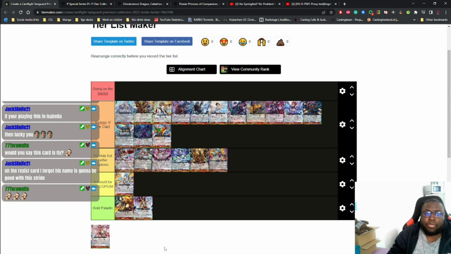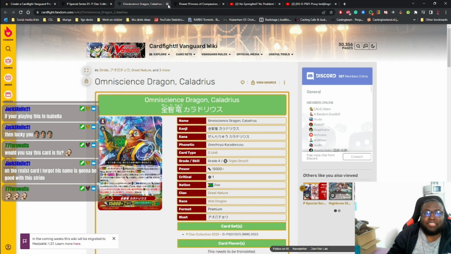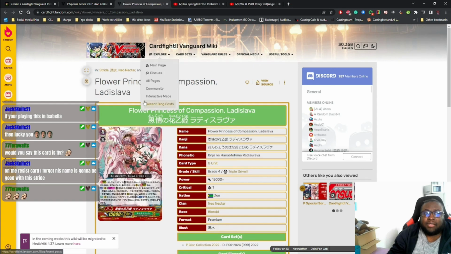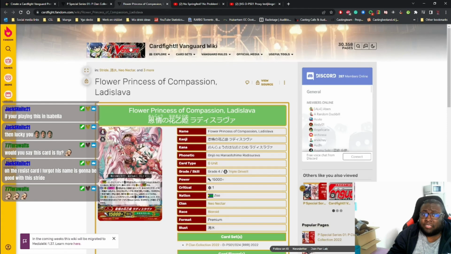Anything that gives Guard Restrict on your first grade 3 on your first stride turn is pretty good already in my book. Some decks don't respect you if you have it, you know? And especially when an archetype like Great Nature can get resist pretty easily out of nowhere, you can get disrespected because they think you're playing with cute little pets. But a lot of those pets are currently taking some of that,